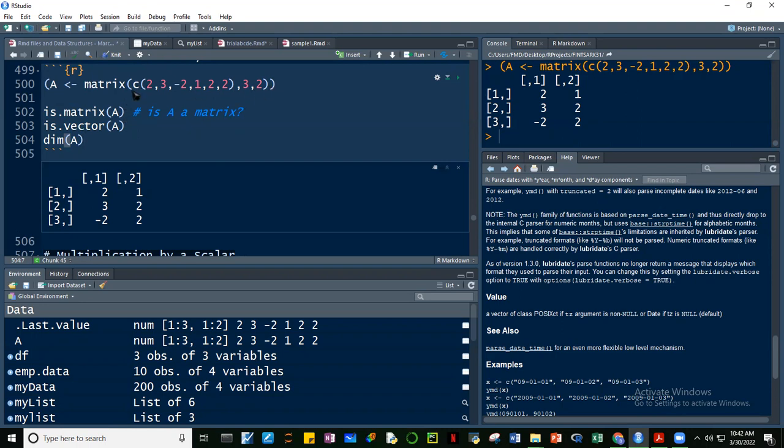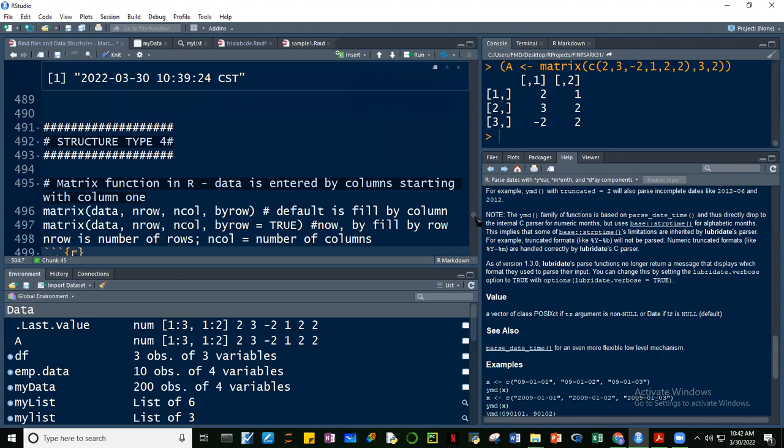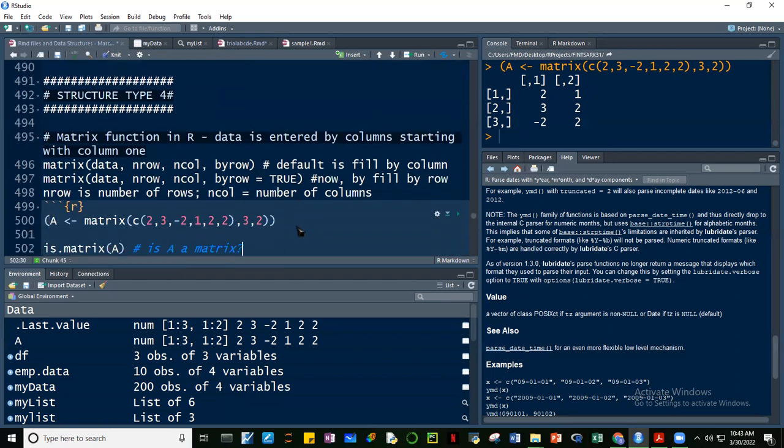Going down: 2, 3, negative 2, and then 1, 2, 2. That's the default, guys. R will always fill up by column. This is what it says here: default is filled by column unless we include by row is equal to true. If you include that argument,